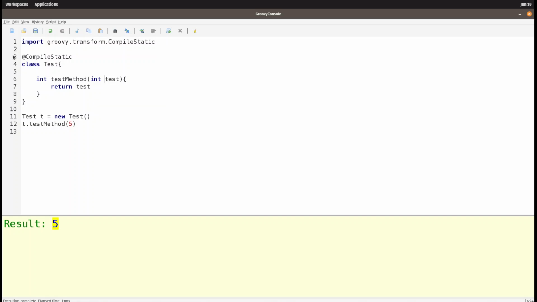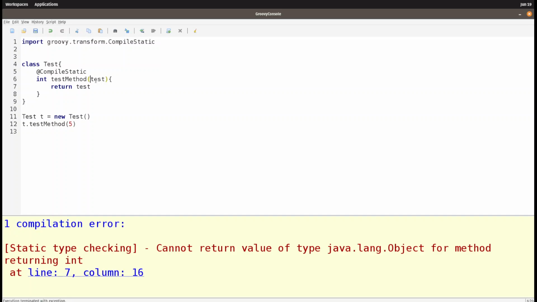Now, within Groovy, you can see here that I have this annotation at the class level. I could actually take this and move it down to the method level and have it on the method level as well. So if I go back to what I had before, you'll see I get the same error. So what this does is if you put it at the class level, it'll filter down to all the method levels. So one thing that you could do is if I cut this, paste this here, and add another import,